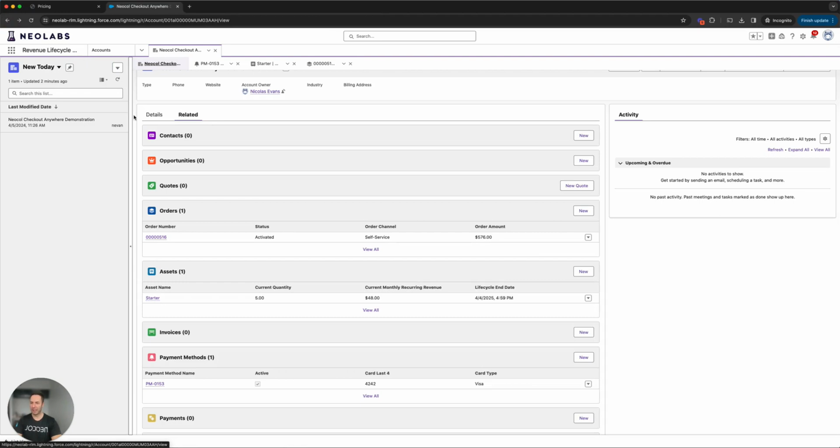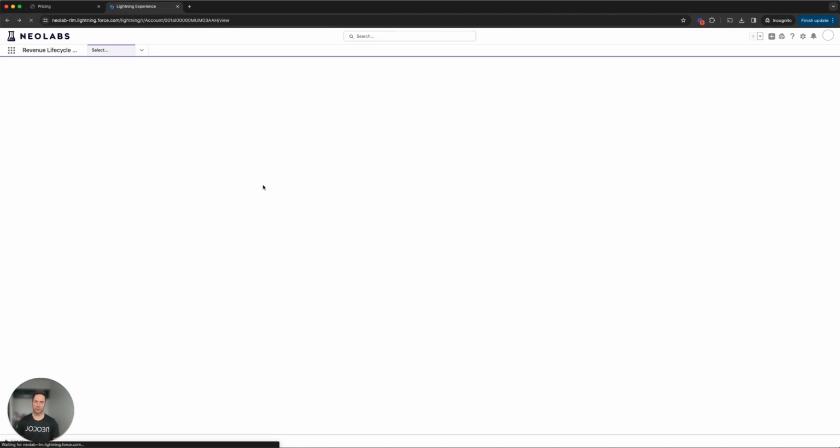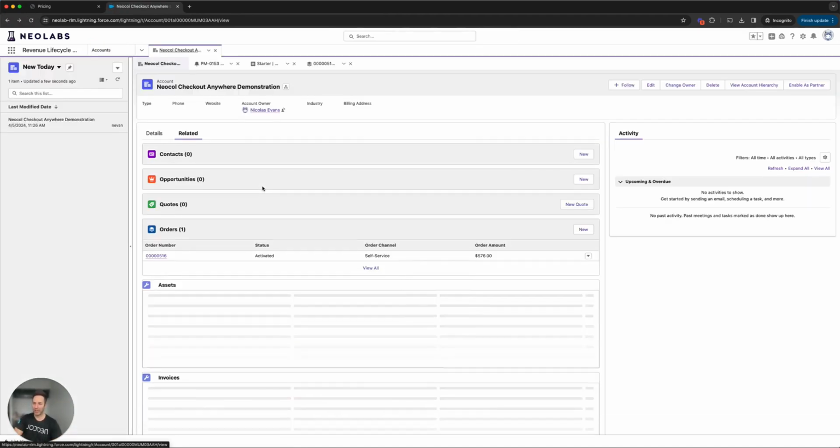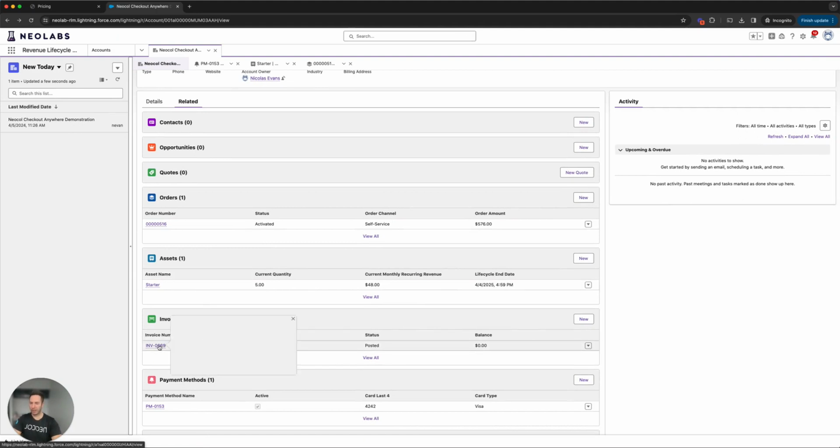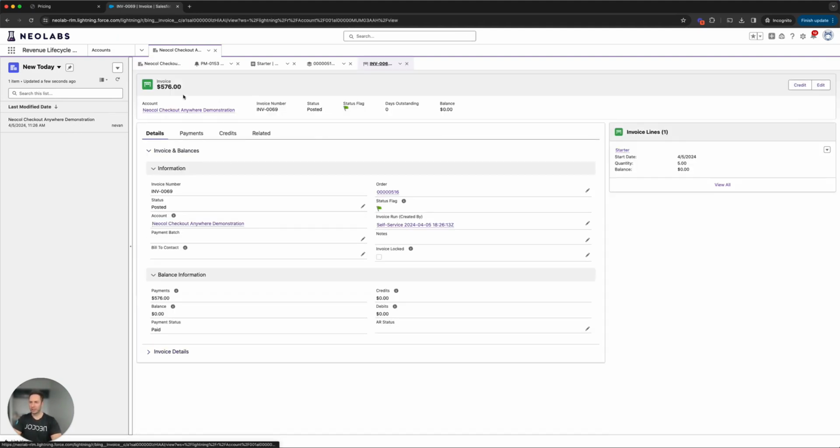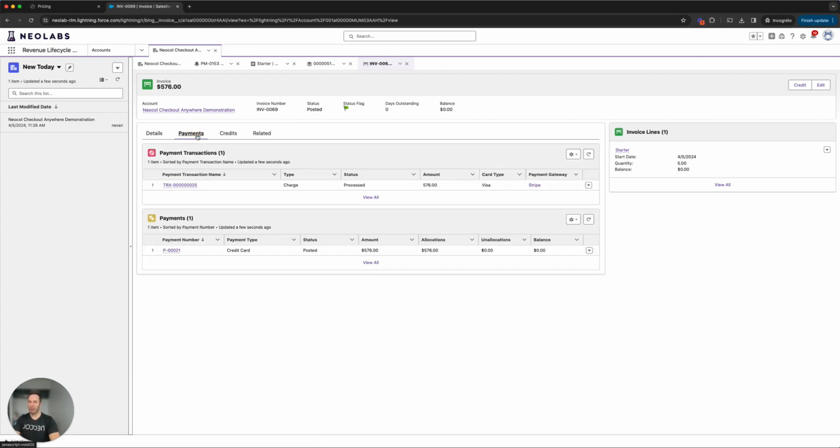Let me take a step back now and do a quick refresh here on the screen. In the background, Salesforce Billing has been running and it's looked at our order and said, I need to go ahead and generate an invoice here. This invoice is for the $576 as we'd expect. That's been created. And now if I click on the payments tab, you can see that using the credit card, we've gone ahead and created a payment for $576. So that credit card that we stored on file, Salesforce Billing has leveraged, looked at the invoice that was outstanding, and created a payment on the end user's credit card,